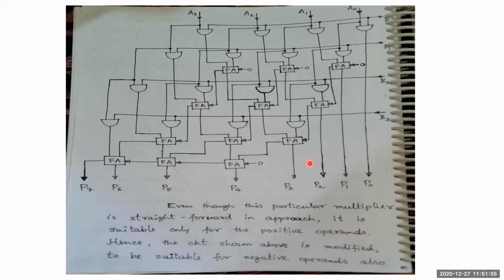For negative numbers, there are other kinds of multipliers, like Baugh-Wooley multipliers, and apart from that you will even have another kind of multiplier called Booth multipliers. You might have heard about the Booth algorithm. Most of you might have seen this Booth algorithm in the project list, which you take up for short-term or long-term projects. Booth multiplication is a very important kind of multiplier.